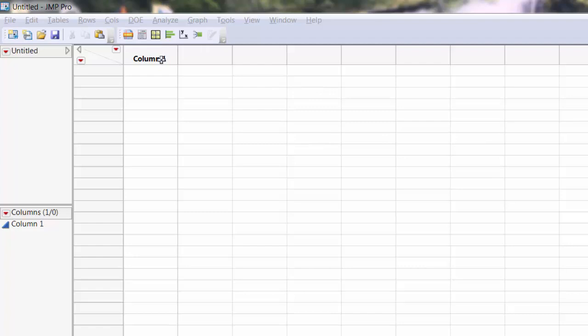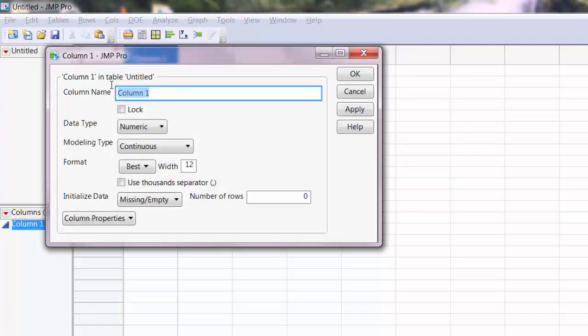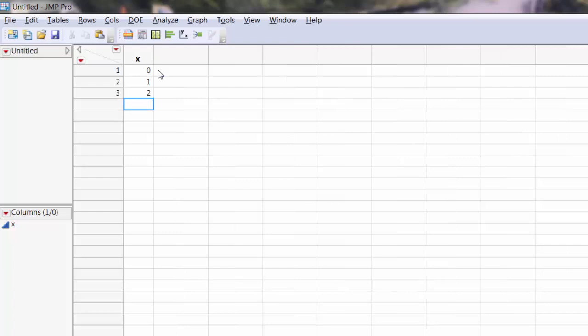Now, to construct a binomial probability distribution in JMP, we need to enter the possible values of x into our first column. So I'm going to label this column x and then click OK. In this example, the possible values of x would range from 0 to 20, because we could have anywhere from 0 households to 20 households responding that they do in fact want to eat healthy when dining out to this survey. So you can start by typing in 0, 1, 2, and you can type all the way